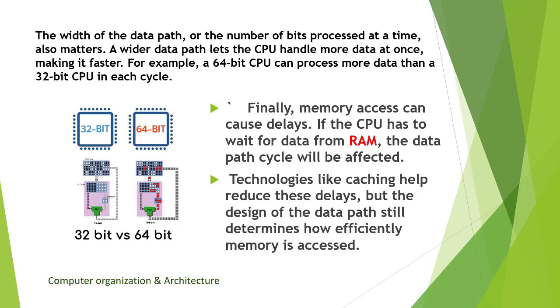And finally, memory access can cause delay. The memory access will cause delay when the stages in the pipelining have to wait for each other to finish before they can continue their tasks. Technologies like caching help reduce this delay, but the design of the data path still determines how efficiently memory is